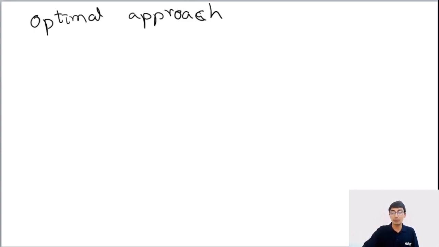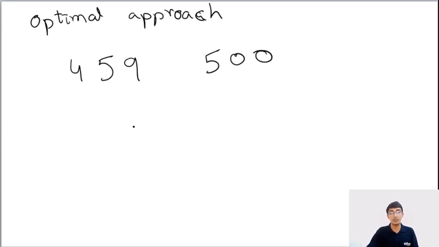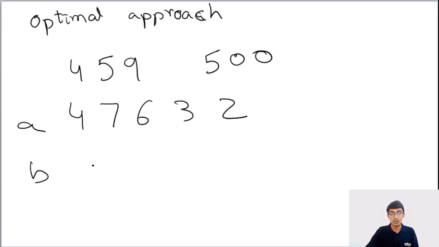But the more optimal approach here would be something like this. Let's say I have a number here. Let's take a number like 459 as the number we were given, and 500 is the number we're given, right? Or better yet, let's take another number. So we have over here 47632. This is a, and b is something like 4